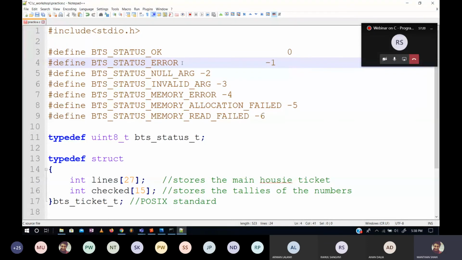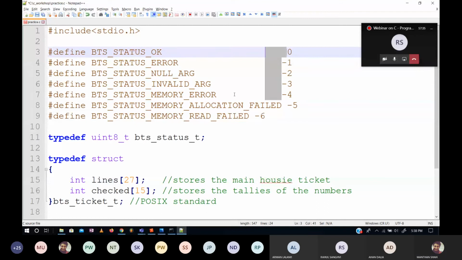There may be more, it's not necessary that there are only these, but these are some of the standard ones that are observed. So what we have done is, I have defined each of them as macros. Throughout the program, we will be using these macros, and after the preprocessor output, these will all be converted to numbers. But it won't matter to us because these are used only to ensure readability.